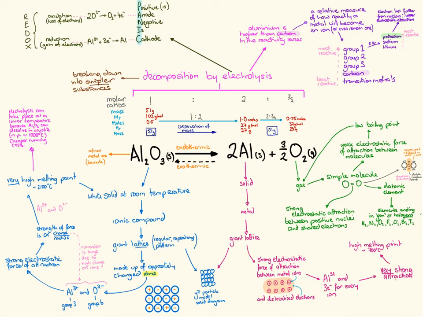This is a nice equation because we have 3 types of structure and bonding. So we had our simple molecule. Here we've got a metal. So it's a solid, it's a metal, and then we talk about why it's a solid at room temperature. There's a giant lattice. Look, we've got a drawing of the lattice. We're talking about why a lot of energy is needed to break it apart, making the point here why it would have a particularly high melting point, and so